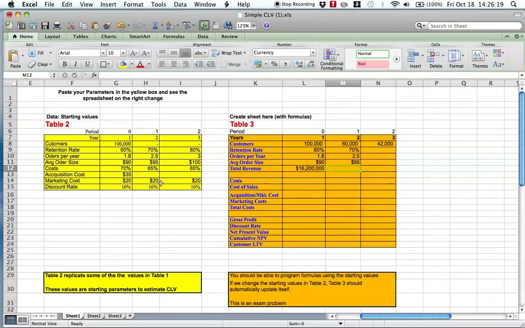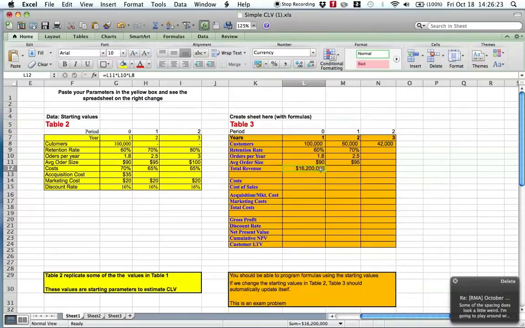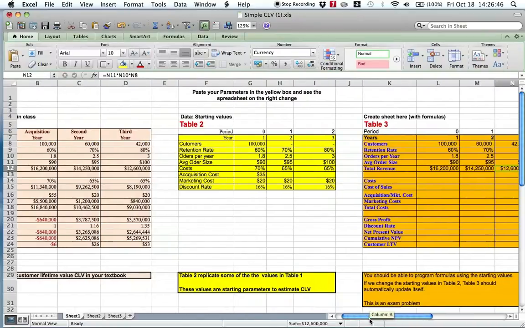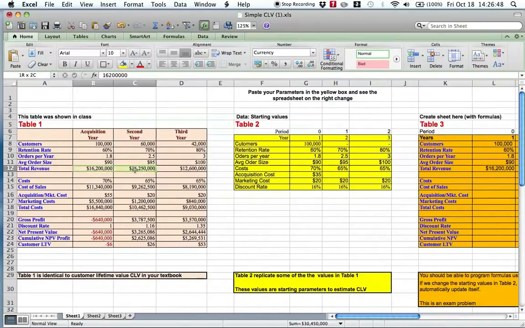And then for the total revenue, we'll just drag this formula across because we've already covered that. There we go. Then manually keying these in. Average order size. Perfect. So we've completed 1/3 of the table. We want to make sure that these numbers are the same,